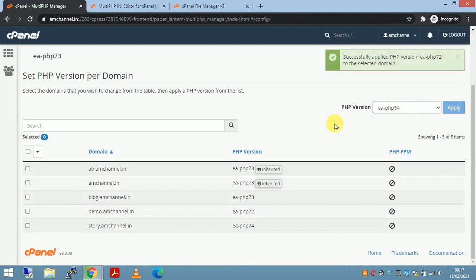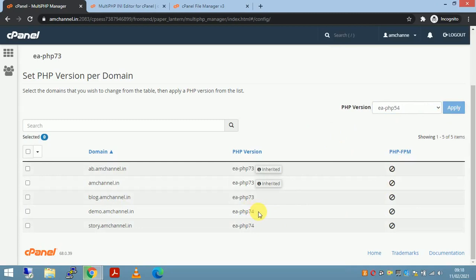After applying this PHP version, make sure you check that your website is working fine, all the pages are okay and all the features are running, so that it does not affect your website. If anything goes wrong, you can revert your PHP version back to whatever it was at the earlier step. So it will work again as it was.